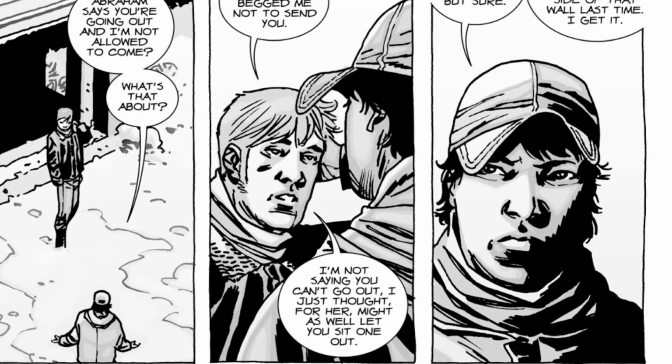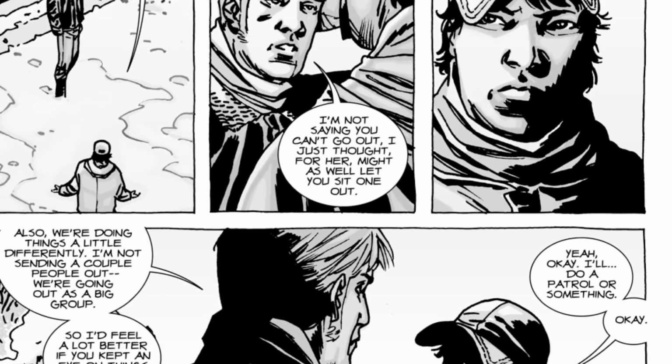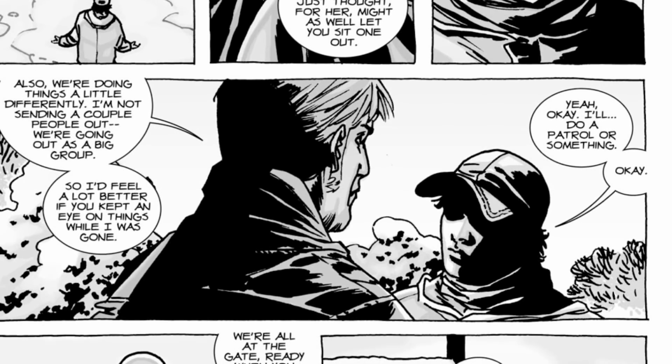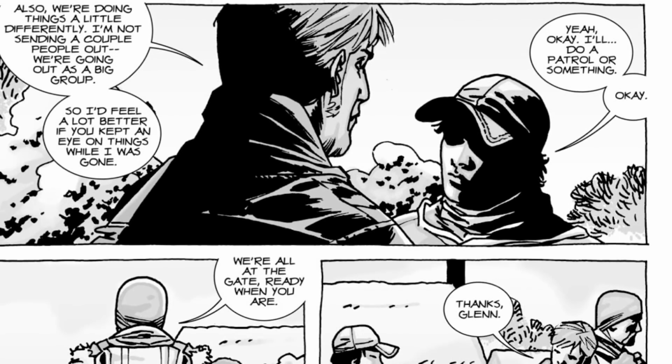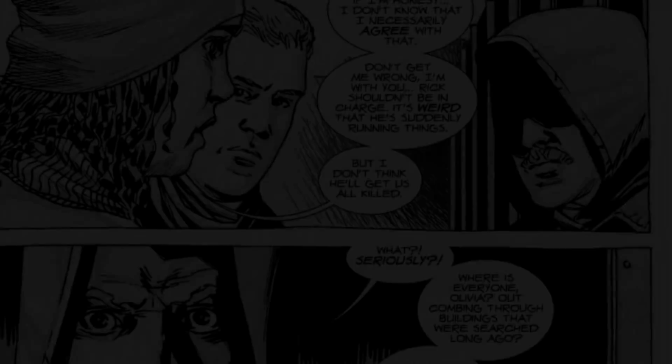Later, Maggie asks Rick to stop Glenn from going on the next supply mission, which makes sense anyway because instead of sending a small, fast group like normal, Rick is going with multiple people and heavier weaponry. While Rick takes Abraham, Michonne, and Andrea, who are most of their group's heavy hitters, on the supply mission,